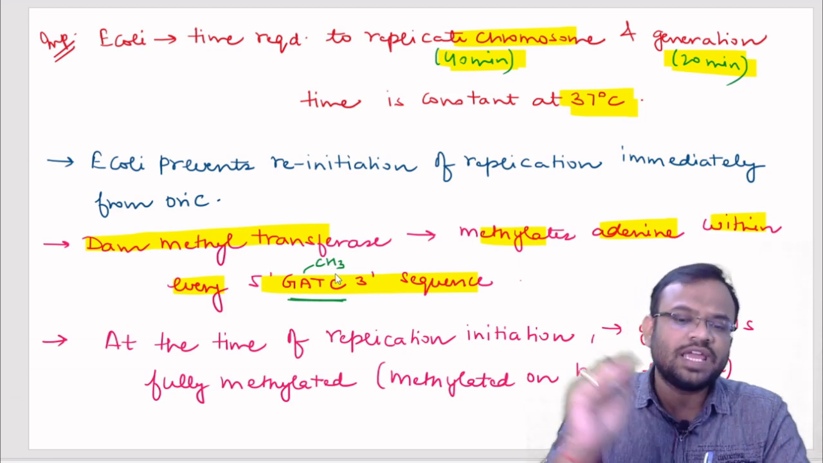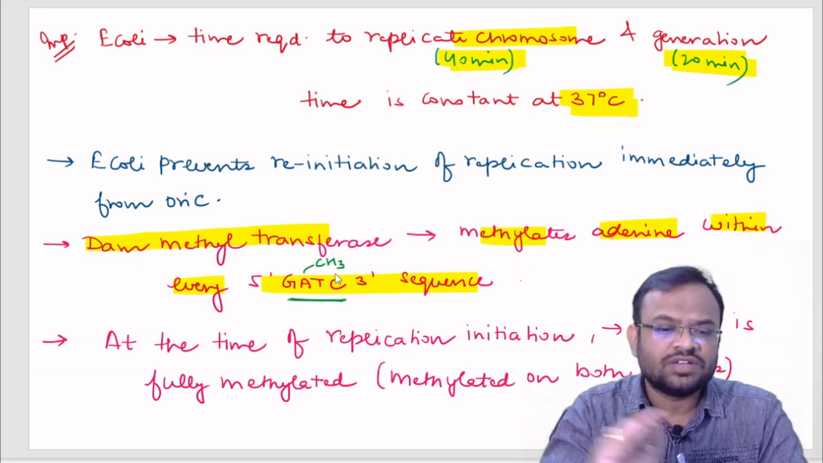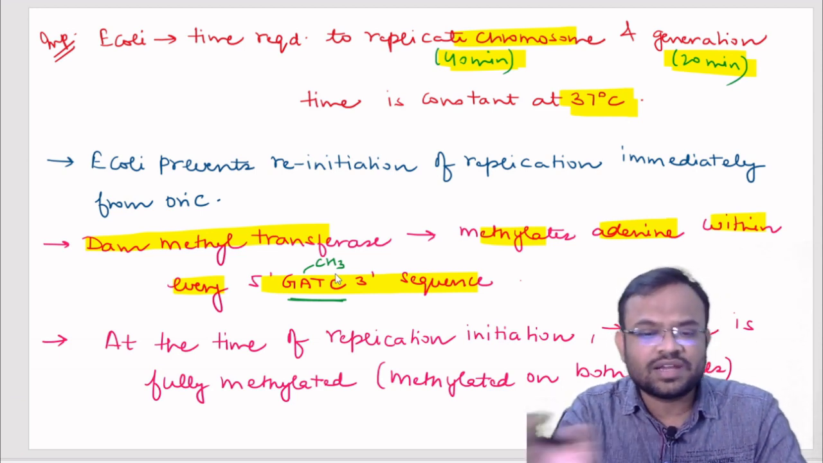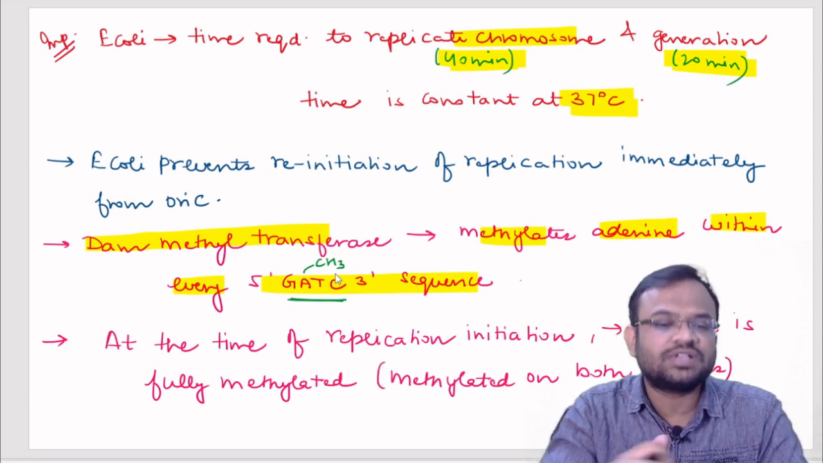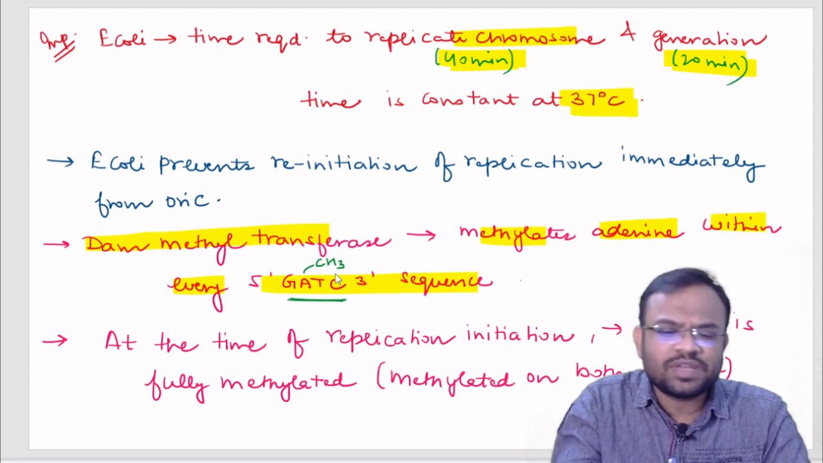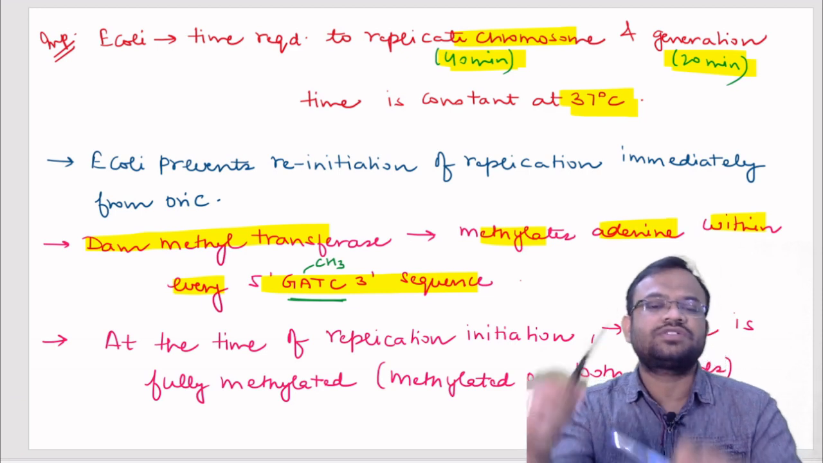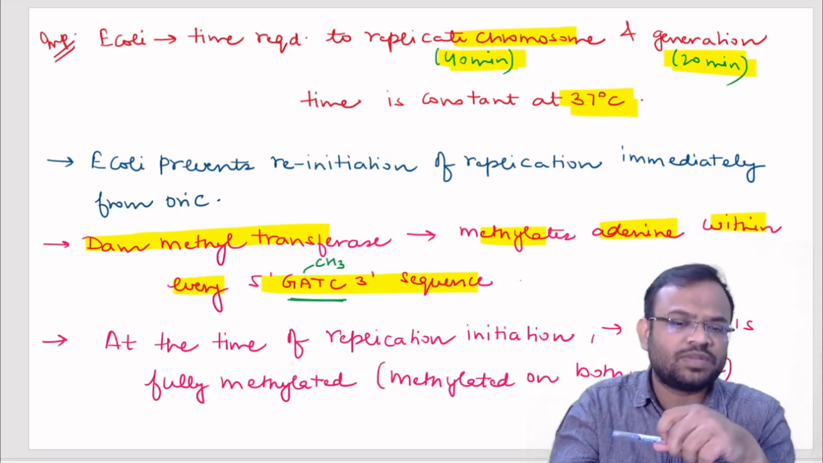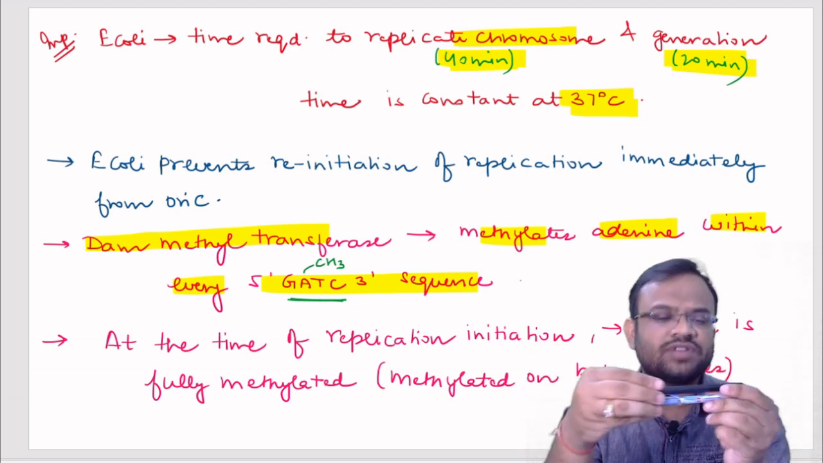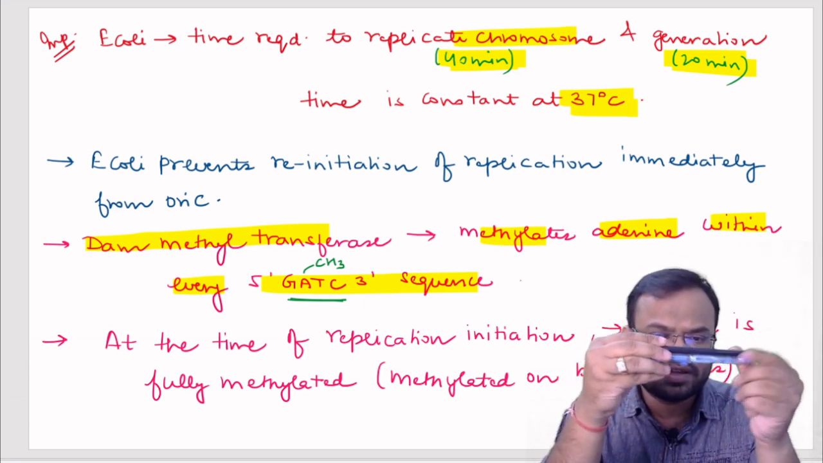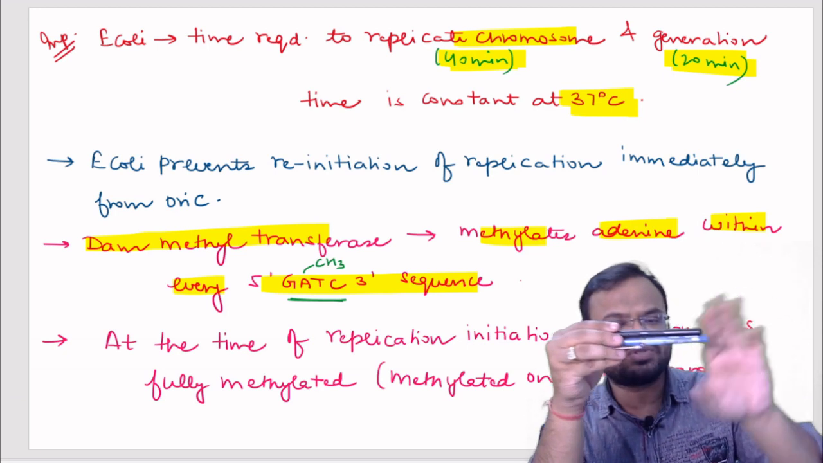Next, at the time of replication initiation, the genome is fully methylated. That means methylation on both the strands. When the replication starts, what is the condition? When the replication is about to start on this double-stranded DNA,